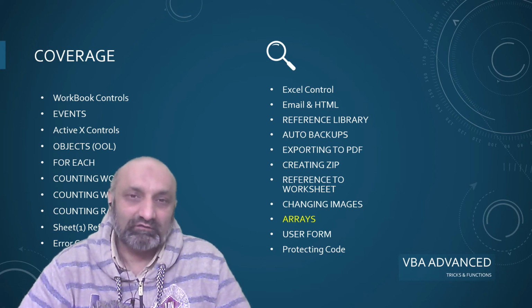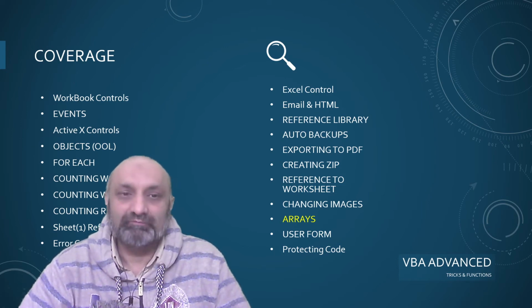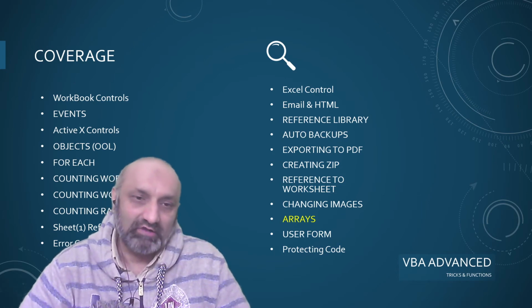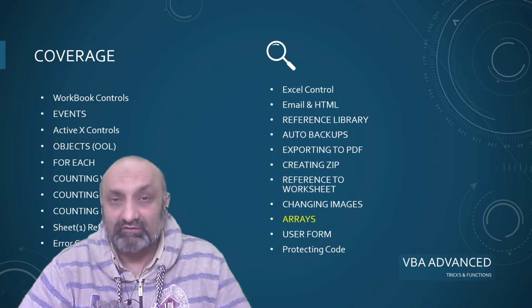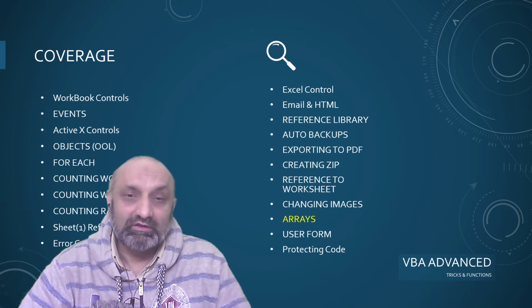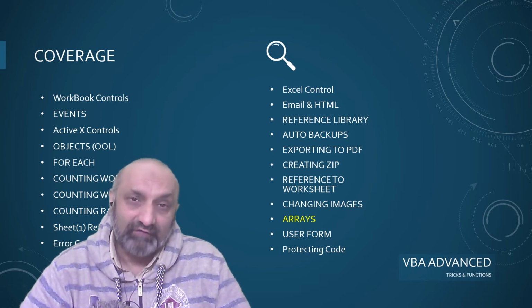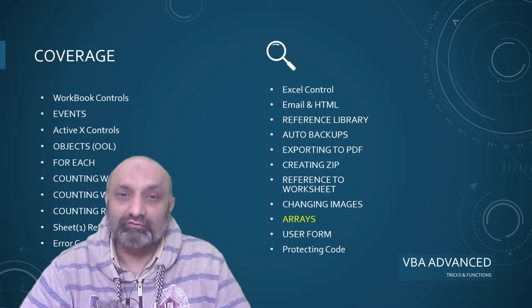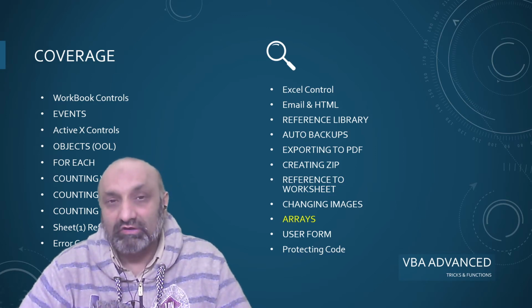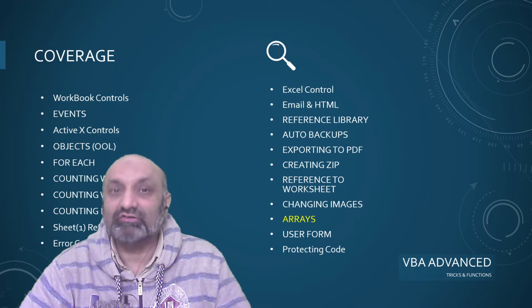Then what is the for each function, how to count workbooks, how to count worksheets, ranges, cells, how to refer to the sheets with their name or the numbering, how to control the errors, how to control the Excel application itself,